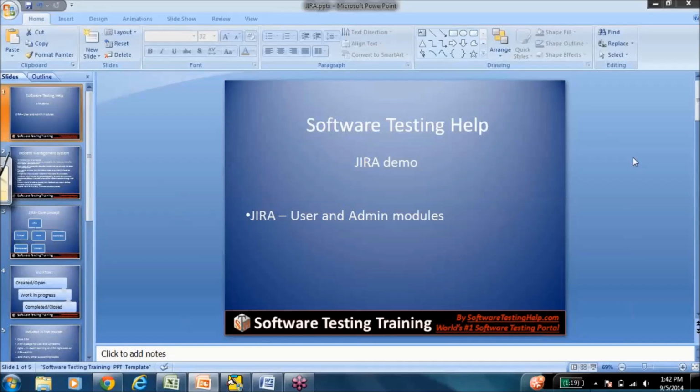Now this JIRA course is like nothing else that you've seen. What I'm trying to tell you is that the JIRA course that we have put together is a perfect fit for both developers and testers. It will equip you with enough information to leverage JIRA for managing all your